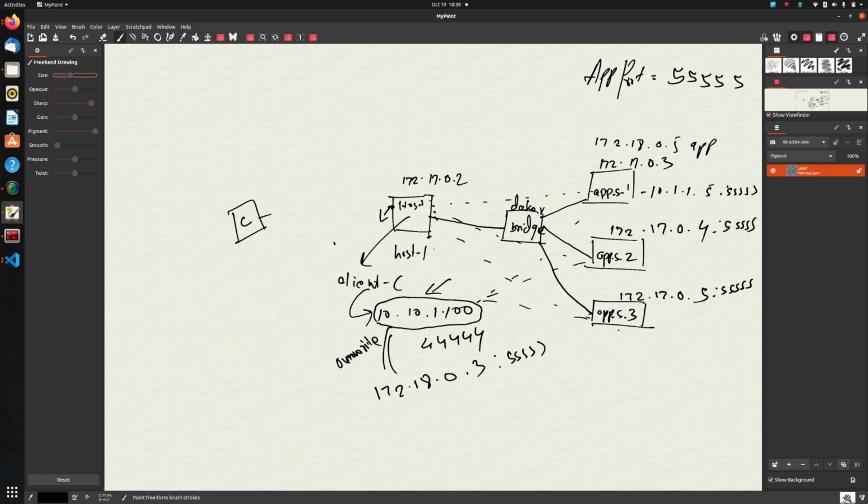In that case, we would have to override the source IP as well to this original client server's IP. But in this case, since the packet is being originated from the load balancer box itself, or from the same Linux host which needs to do this load balancing or proxying, we do not care about the source IP, but we only care about overriding the destination IP and port. Awesome.